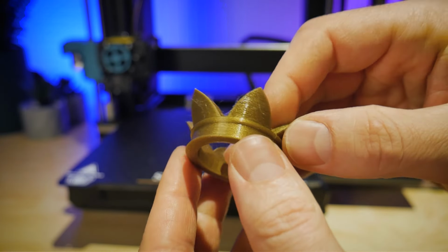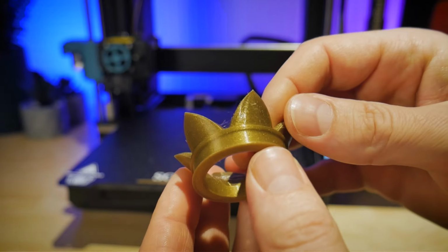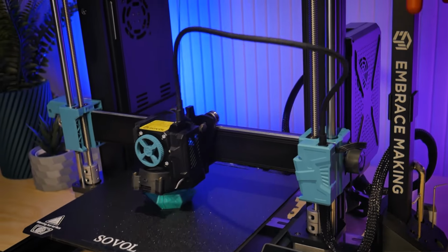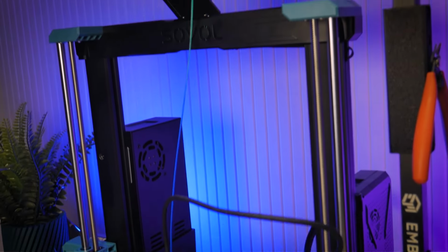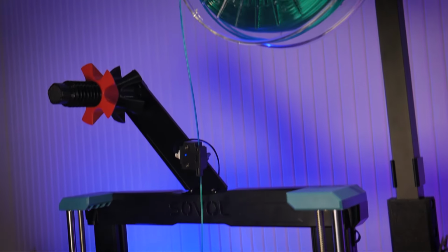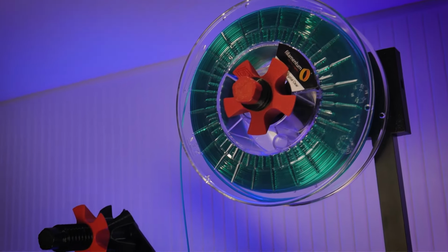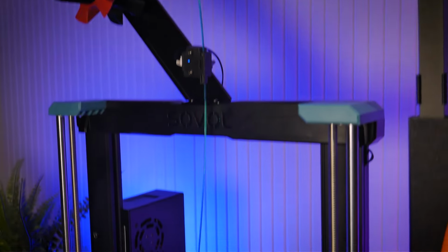So I was happy to see the part cooling fan do its job well, and all of these peaks on the crown looked uniform, so the part cooling fan ductwork doesn't seem to be having any issues with it being particularly directional. And after that part, I went with yet again another filament change, this time some Filamentum translucent green